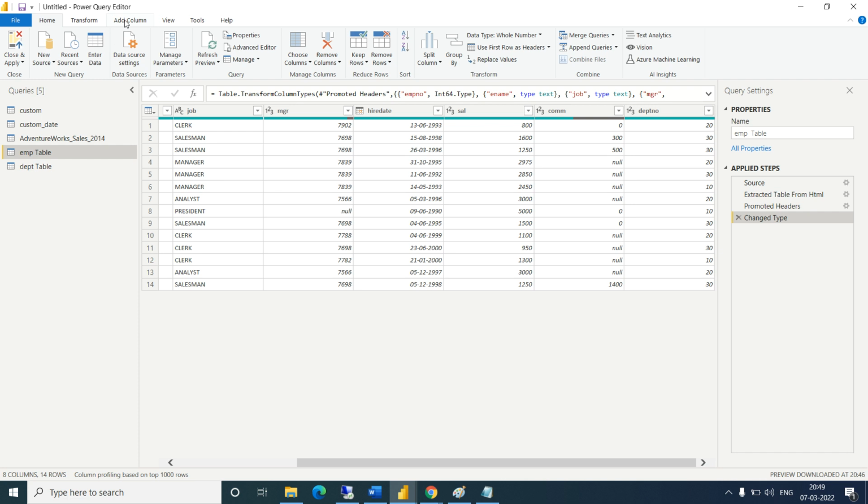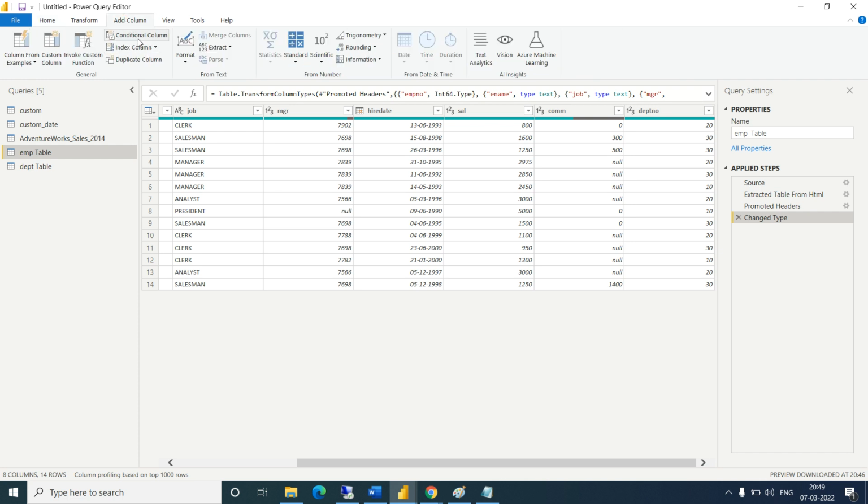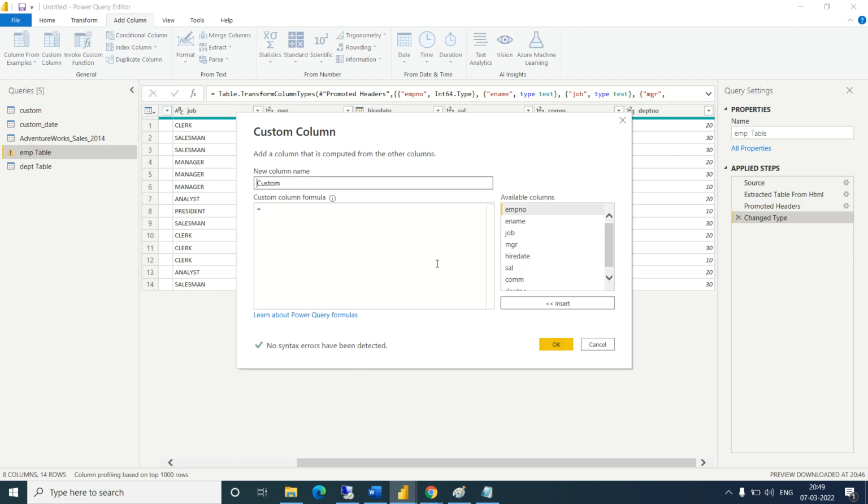Okay, so go to Add Column. I am creating one more column. Click on the custom column.